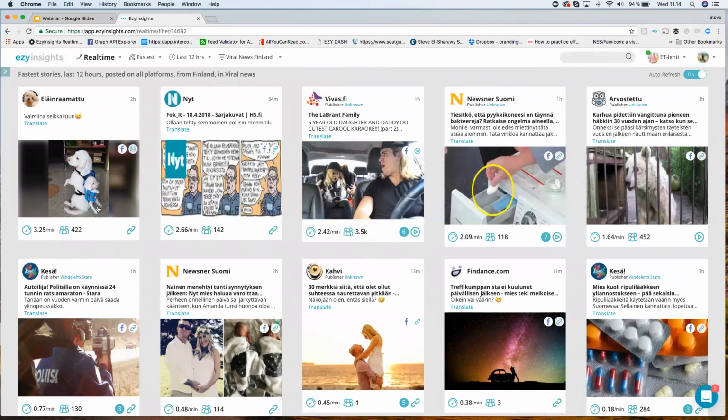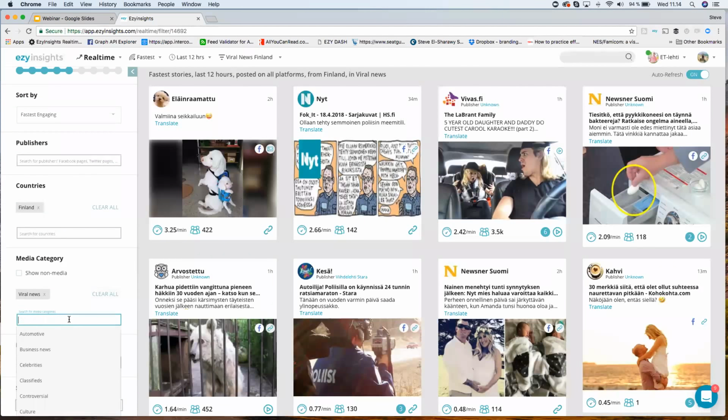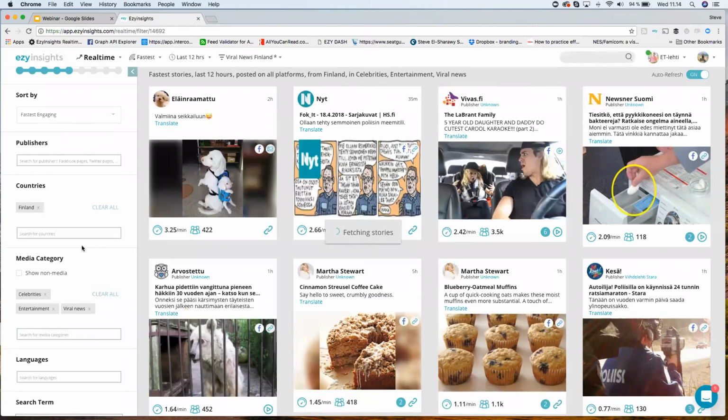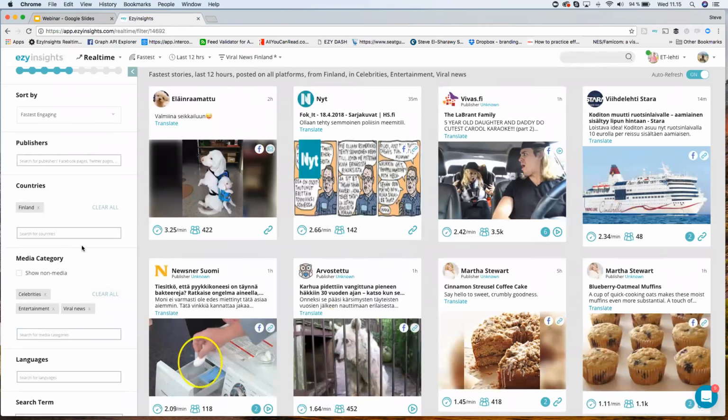So I'm going to decide, right, actually, I'm not interested in viral news anymore on this filter, or I am interested in viral news, but I also want to see something else. So I want to add another media category. I'm going to also add celebrities. That's fine. And let's say I also want to add, as well as viral news, entertainment news. Right, fine. Now remember, some publishers will actually be in two categories. So you might see one publisher who's in entertainment, and you might already see them in viral news. But generally this will give you a different set of publishers